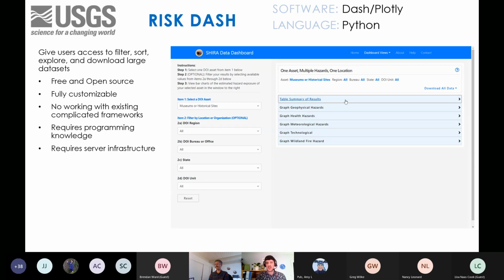A colleague of mine developed this with Plotly and Dash. These are modules written in Python, and it creates a full server-side website that you can totally customize to look the way you'd like.